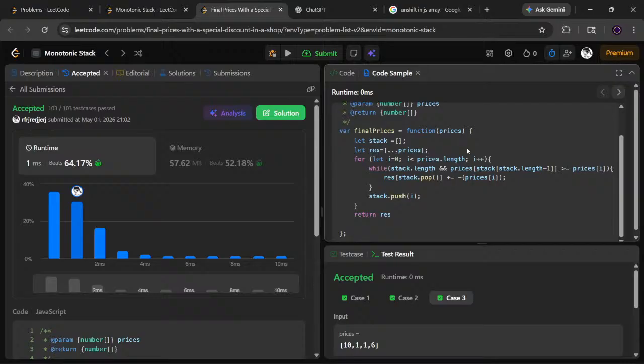What formula did I apply here? Stack will be there, result will be prices. Whenever my stack length is there, the prices are stacked, for the last element, the top element. So this is prices of the stack's top element